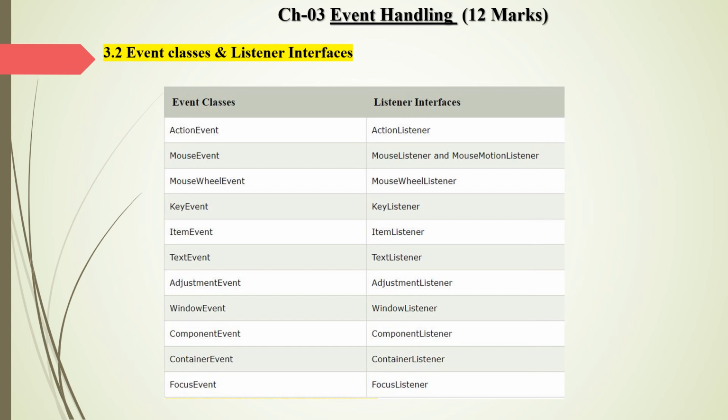In the third chapter we study the coding related to our graphical user interface. A simple example is when I enter username and password, and when I press the login button, some background processes happen. That's the code we study in event handling. What is happening after clicking on the button? So we will see in the next few lectures.